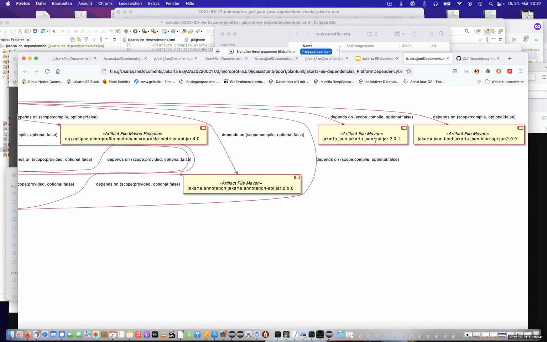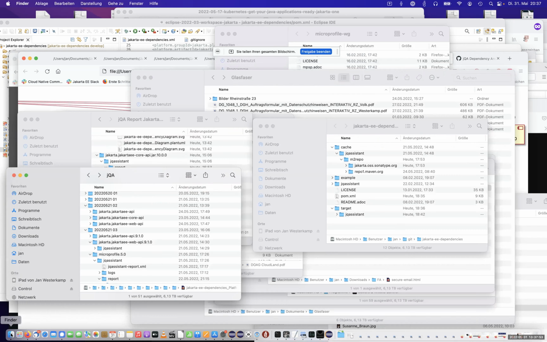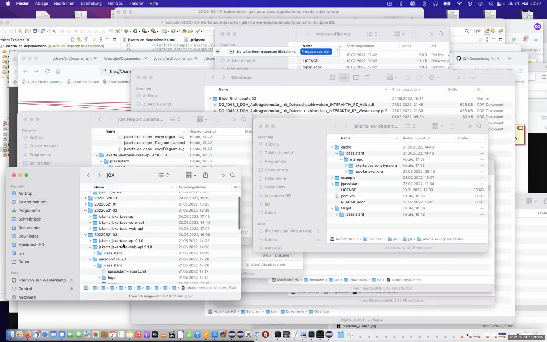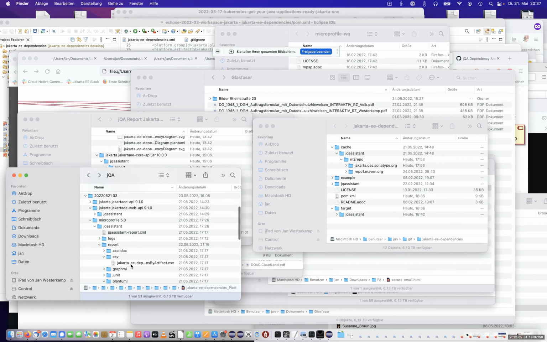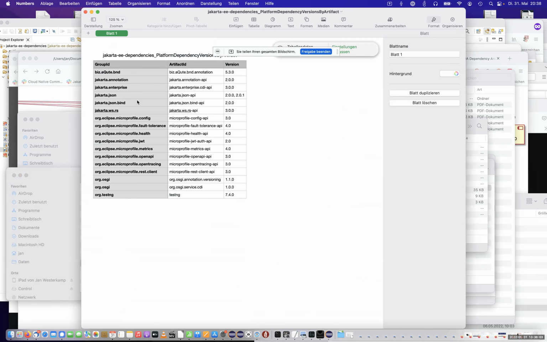Here we have another version of the JSON API. So there are two versions referenced. That's possible to examine, to see that for future releases. You can see if there is use of the same specification artifact in more than one version.